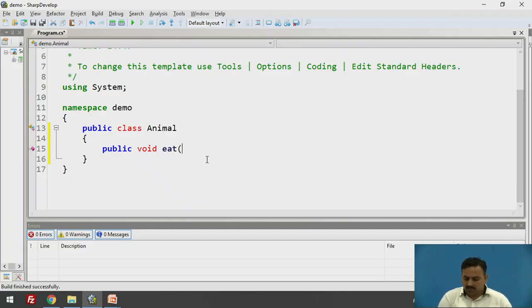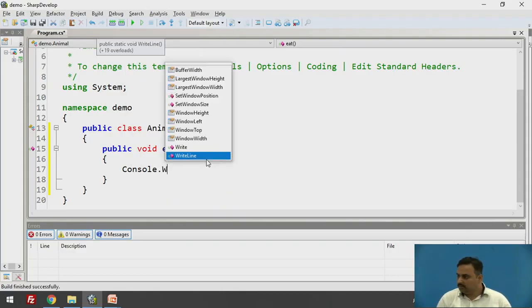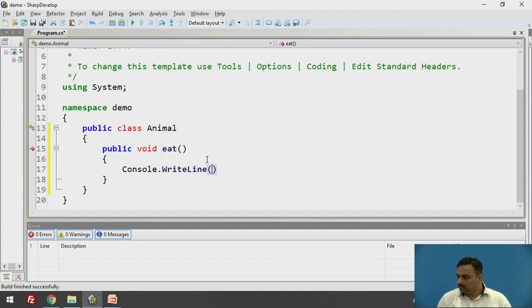So it is eating. I am simply passing this command here in the base class.